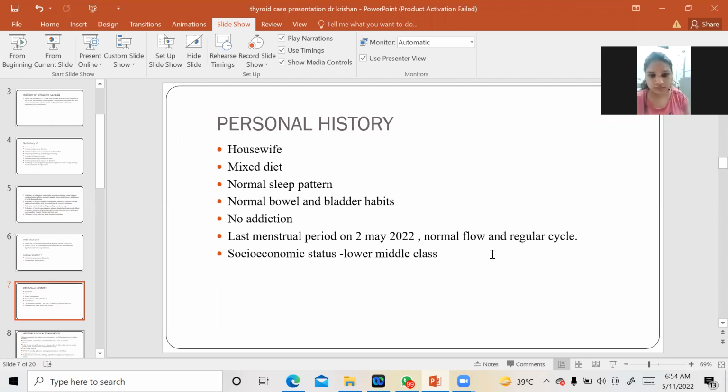Okay, Dr. Krishan, I want to add one point there. Whenever you are asking for a personal history, please ask very thoroughly, because if she is a hypothyroid female, then she must be having some menstrual history. There might be or there might not be, but you have to thoroughly ask this first. And next also the bowel and bladder habits, because if she is hyperthyroid, there may be diarrhea, or constipation if she is hypothyroid. So these are the important points where most patients miss, and we just blindly write "no history, no history", but it is very important to see whether she really has a history or not.